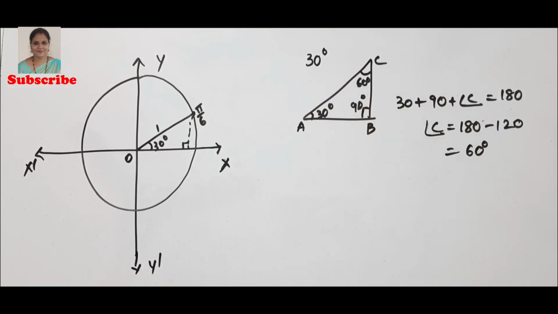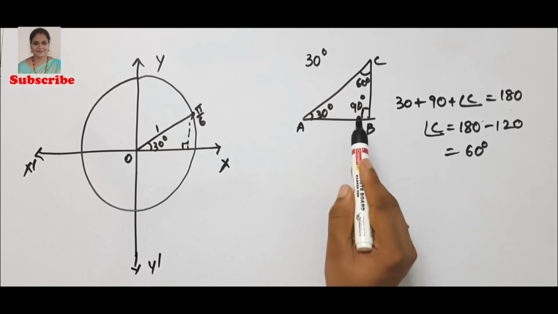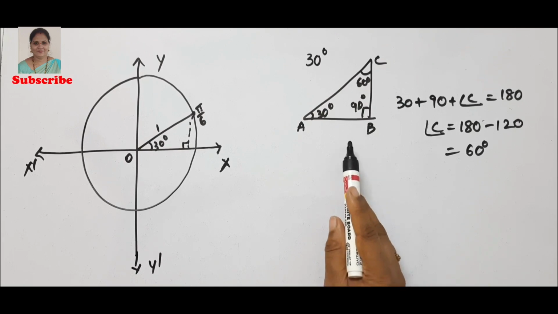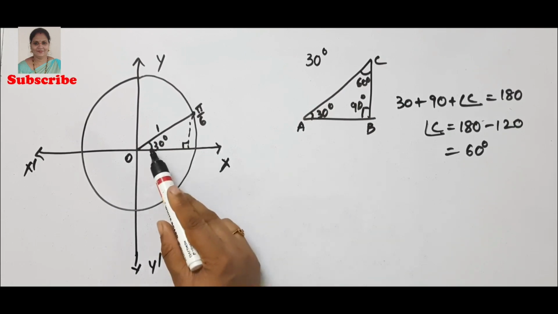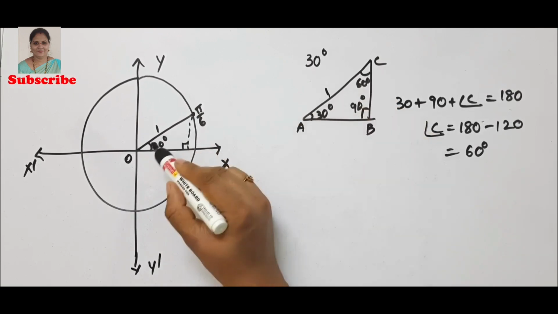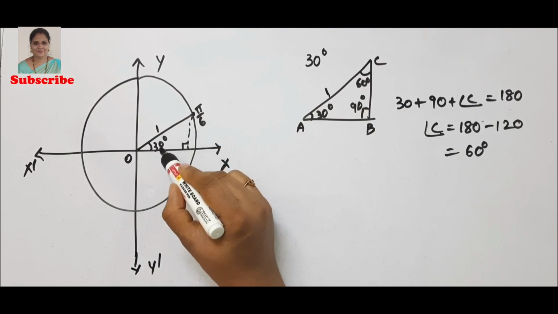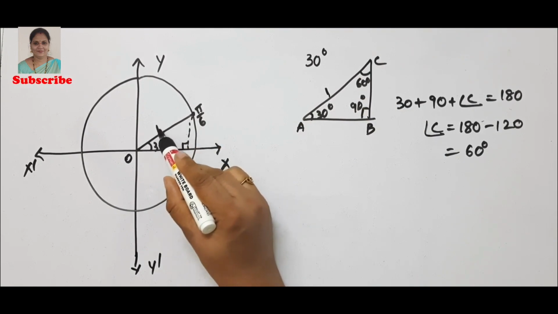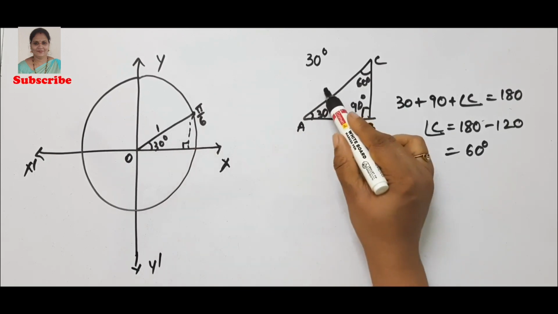So we got all the angles of this triangle, all angles and all the sides. Three angles we got. Now let us observe to which triangle this triangle is similar. Let us take as if the radius is 1. Here also the value will be 1. From here to here we have taken as of length 1. The radius is of length 1. So this is 1.